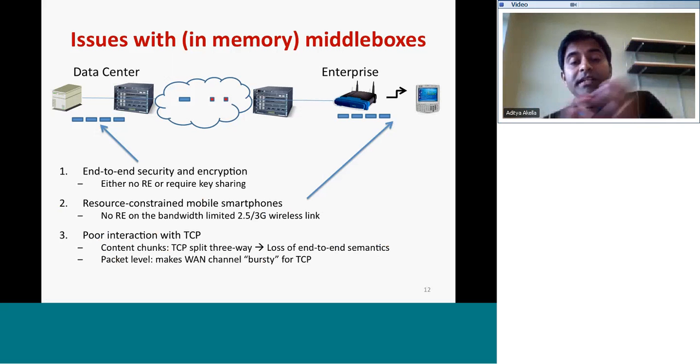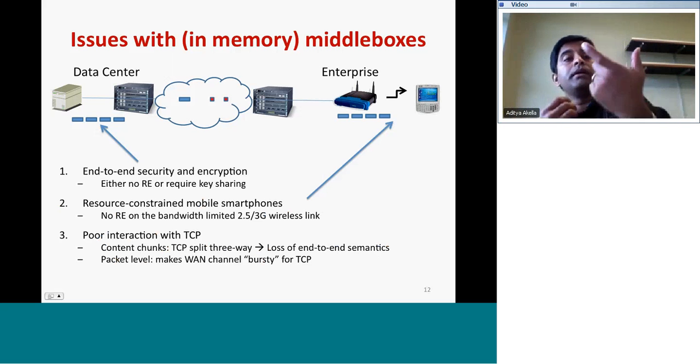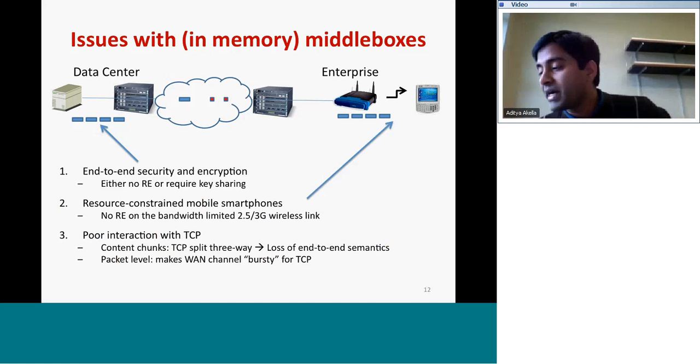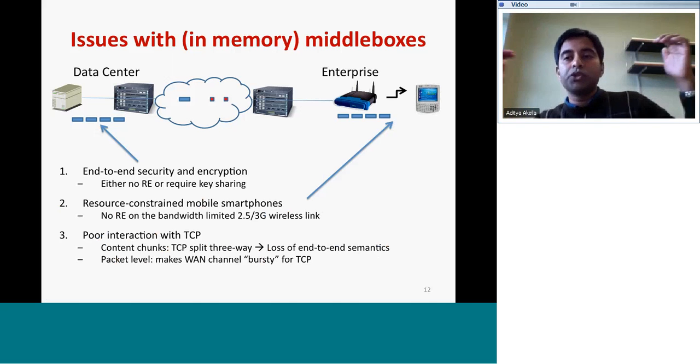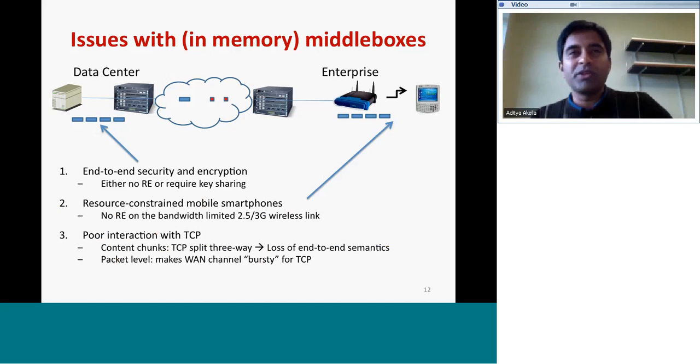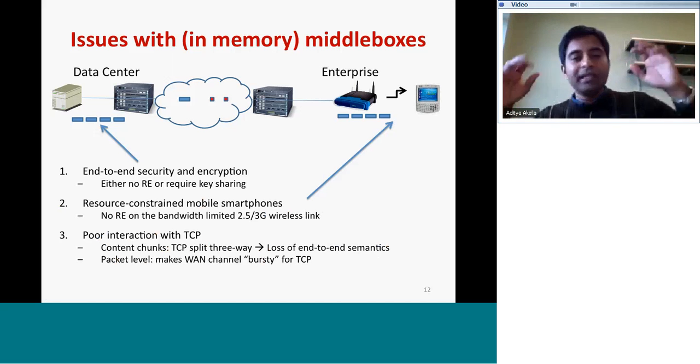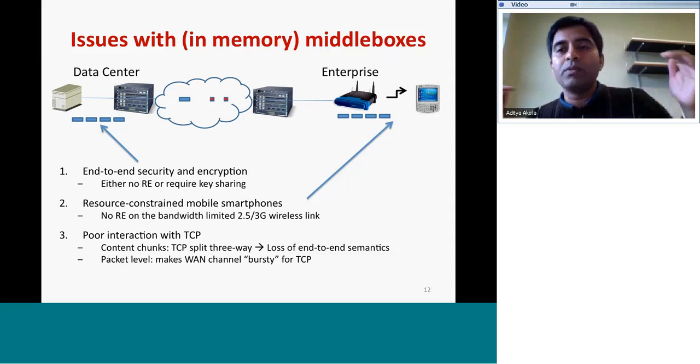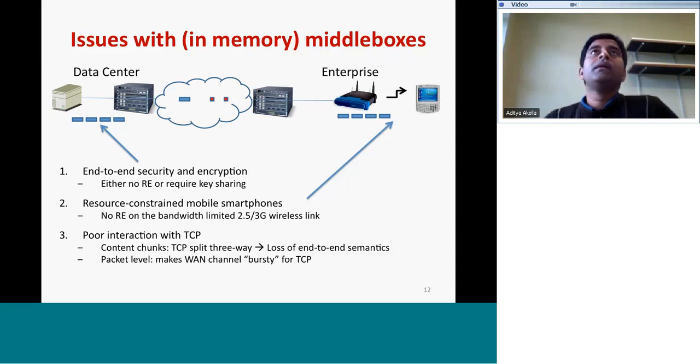There are other interesting issues. There may be poor interactions with TCP. For example, one of the things that I had mentioned is that you could view those chunks as individual packets, and so you're removing little strings of bytes out of those packets. Now the problem is that end-to-end TCP connections, because of this, have a very different view of what the congestion window should be, as opposed to what's happening inside the network. Because something inside the network is using the available bandwidth in a completely different way than what the end-to-end TCP connection expects.